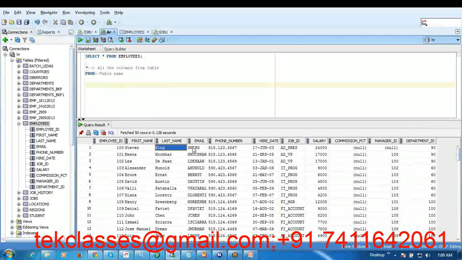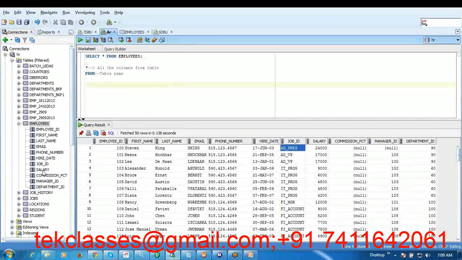Let's say I want to retrieve the last name, email, salary, and the job ID. So whenever you want to retrieve the columns, first you need to know the column names. What are the column names that are being used here? So last name is last underscore name, salary, and the job underscore ID. So to verify it now, select